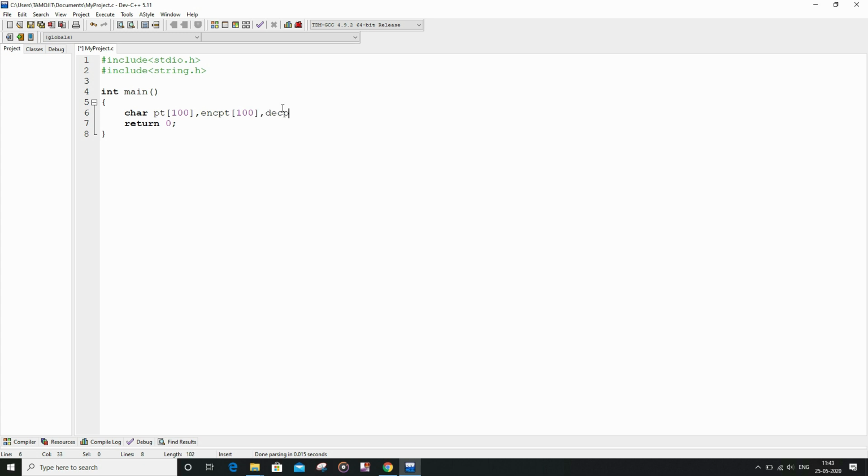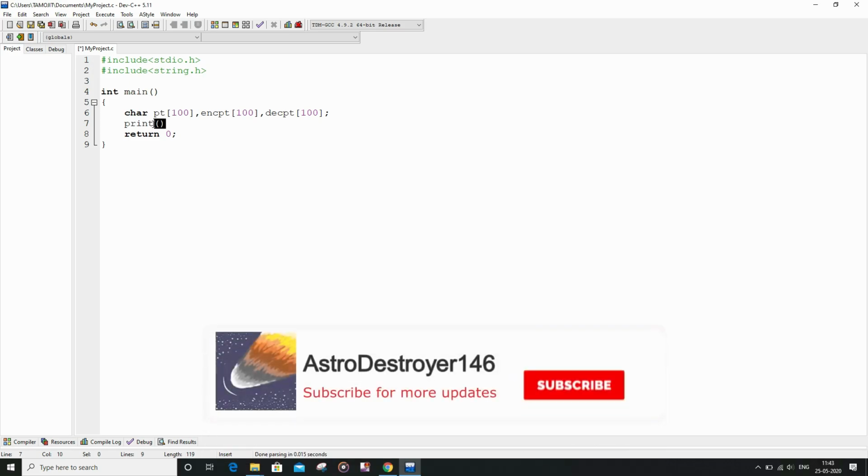And the third one is decrypt, which will actually be giving the decrypted form of the encrypted text. And then we'll have to print one message informing the user to input the plain text.